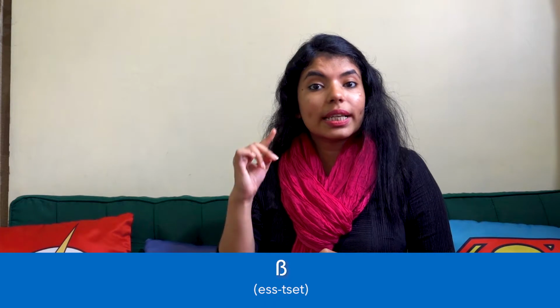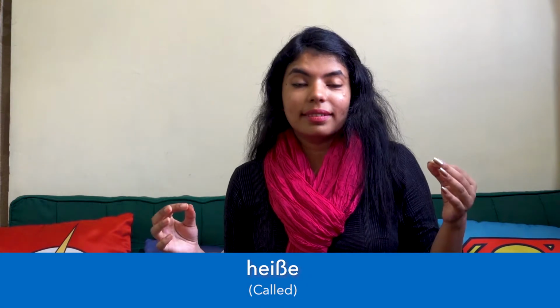The one which looks like B but is not B and the end is not closed. It's known as Eszett. So Eszett is pronounced as double S. Beispiele. Heißen, heißen. Heißen has this Eszett letter. Another example comes from the numbers only. 13,